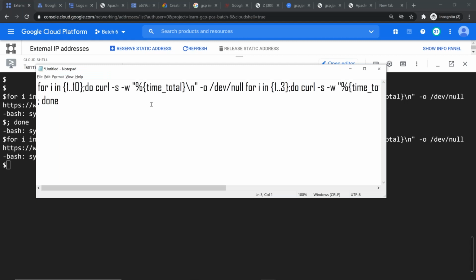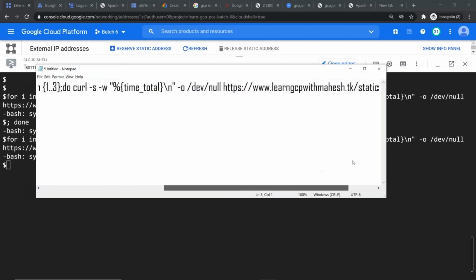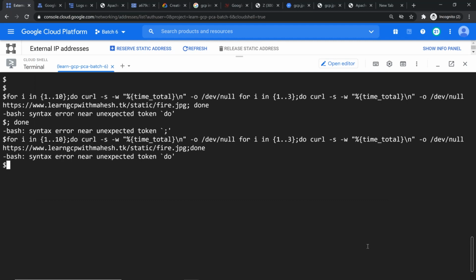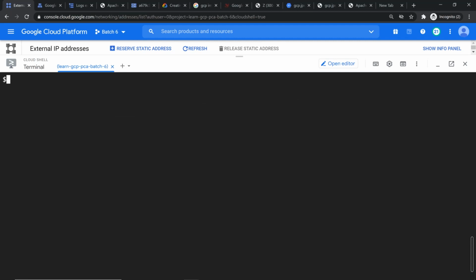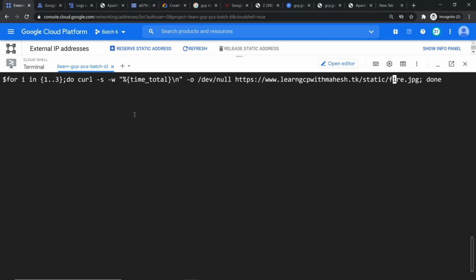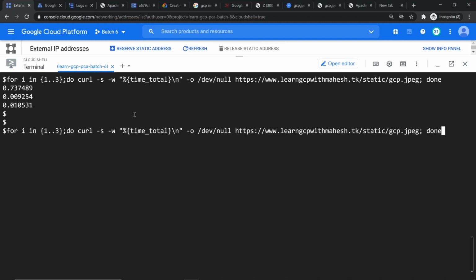Okay, some mistake. I'll put it in one line, folks. Instead of fire, it is GCP. There's the stuff, right? GCP PNG. Sorry, JPEG. 3 times. Now, if I run it 10 times,